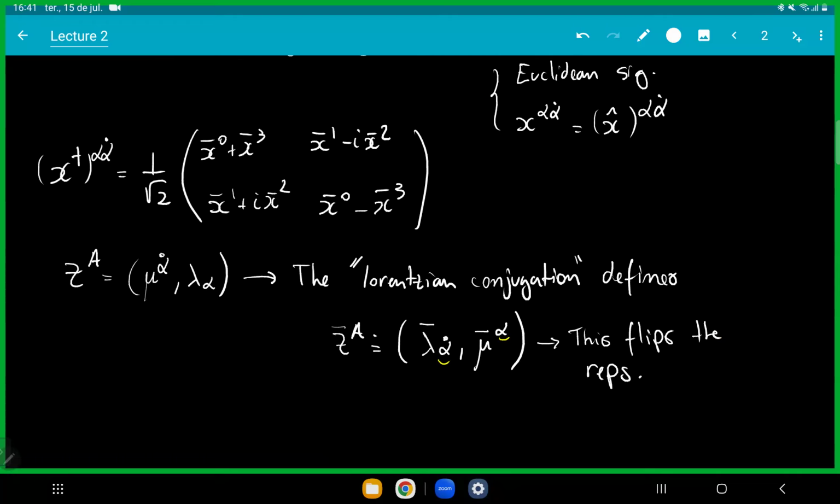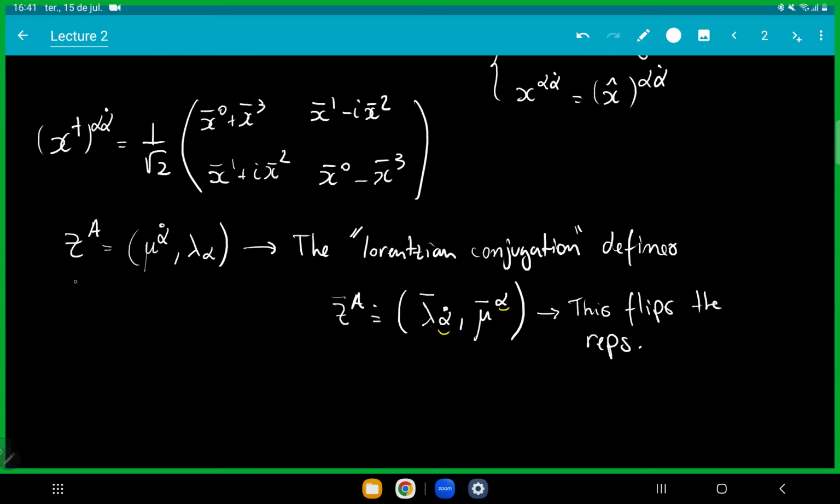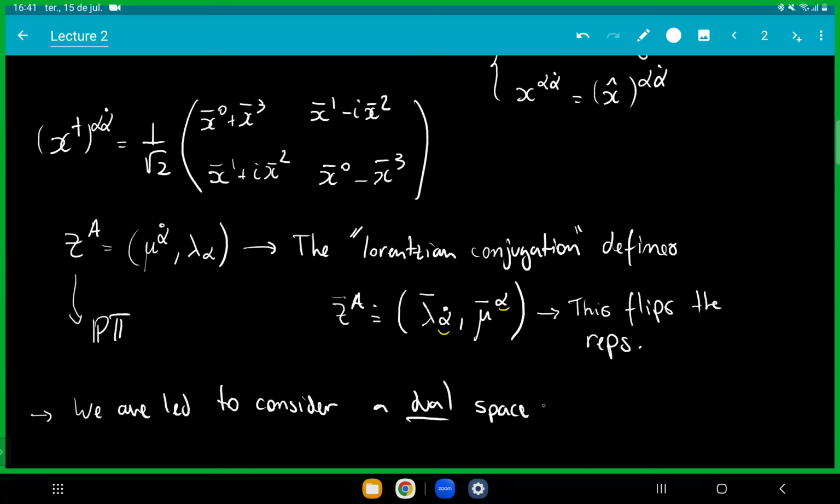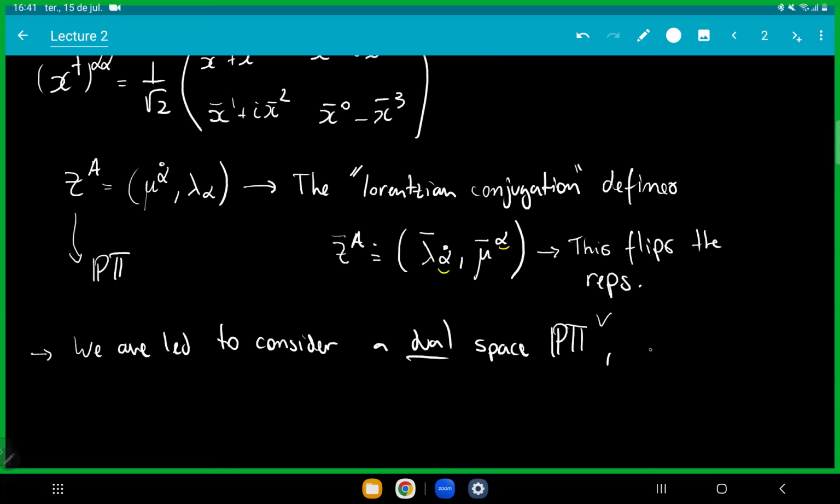Because of this flipping, if these guys coordinatize PT, the twistor space, we are led to consider a dual space, which is sometimes denoted PT with a little v on top. This space is just the same as PT, but